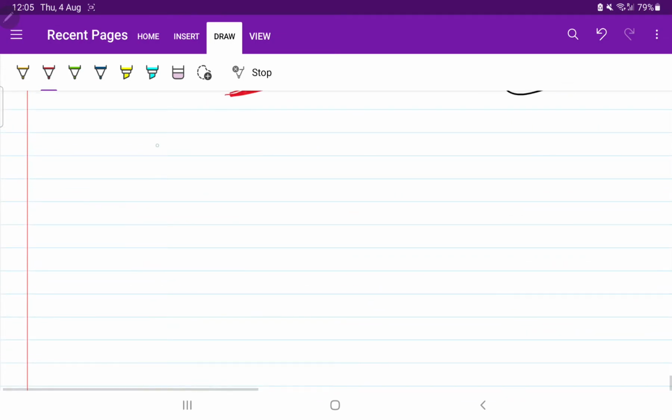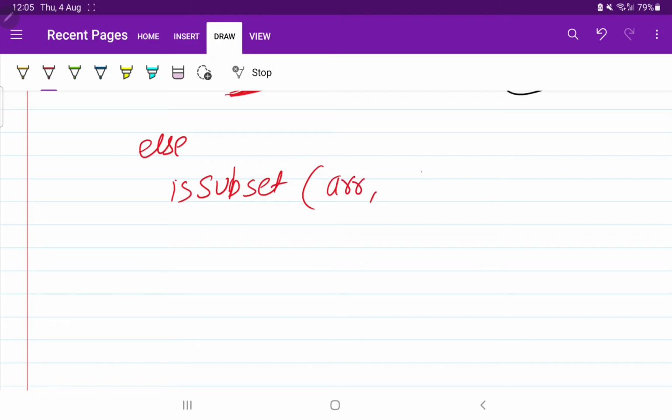It means in the else part, we have to check whether a subset is possible whose sum is S by 2, where S is the sum of the array, and we pass the number of elements.